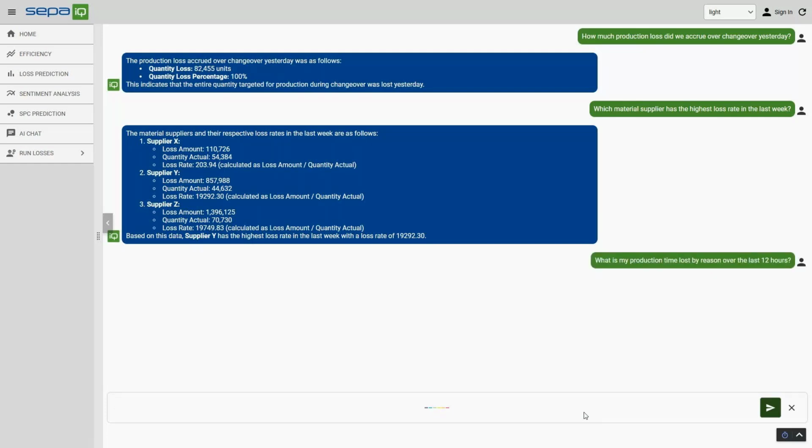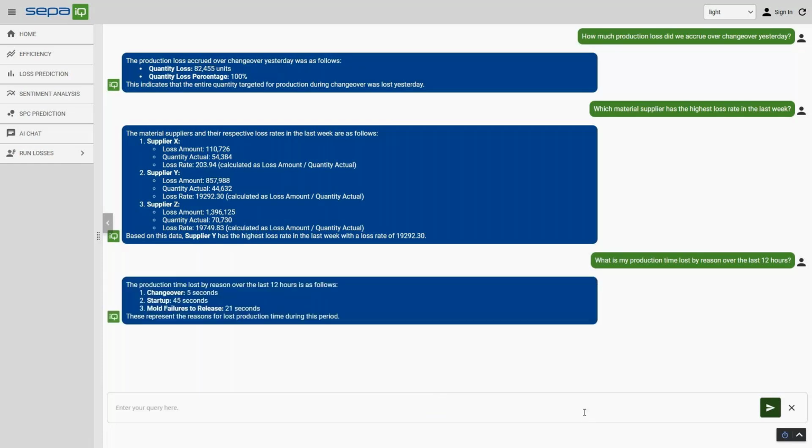So, production time loss. I'm going to pose a handful of questions. Again, for those of you who haven't used ChatGPT, this is kind of how you interact with it. It's got memory. It's not that you ask a question and it gives you an answer; it remembers what came prior. The conversation memory, yeah.